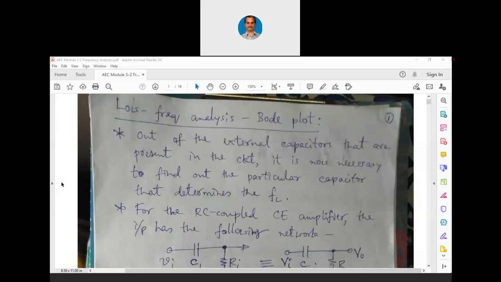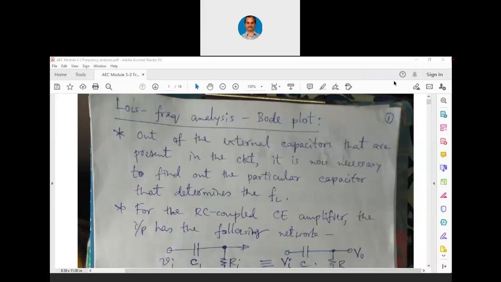Whatever I am presenting to you is handwritten notes, and somehow my scanner did not work well in scanning the complete page, so I had to take a snap of all these and make it a PDF. In future, if possible, I'll get these notes scanned in some other scanner and make a separate PDF so that it will be clearer. For the time being, let me use this PDF itself.